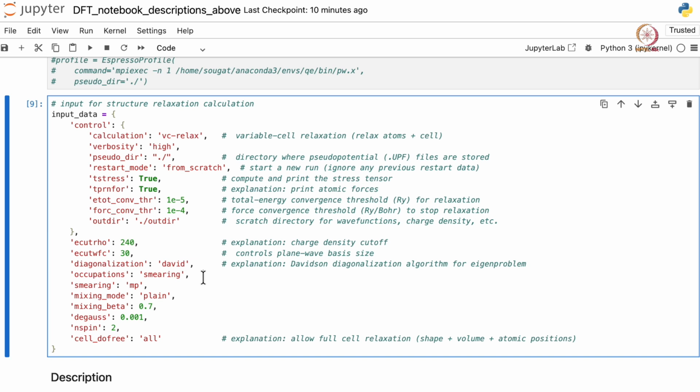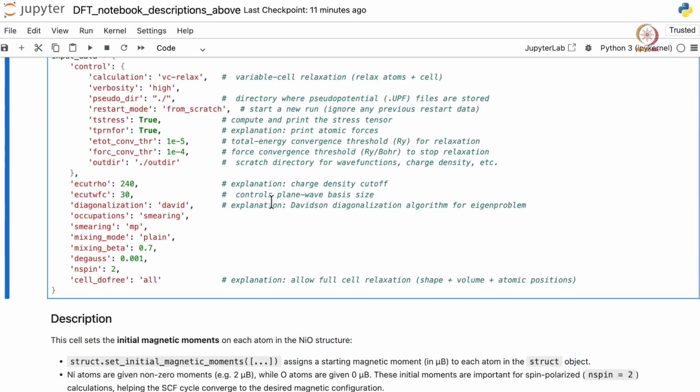Other settings are restart mode, start run, which ignores any previous restart data, then the total energy convergence threshold for relaxation, and the force convergence threshold to stop relaxation. We also see ecutwfc, which controls the plane wave basis size, and the last one allows full relaxation of shape, volume and atomic positions.